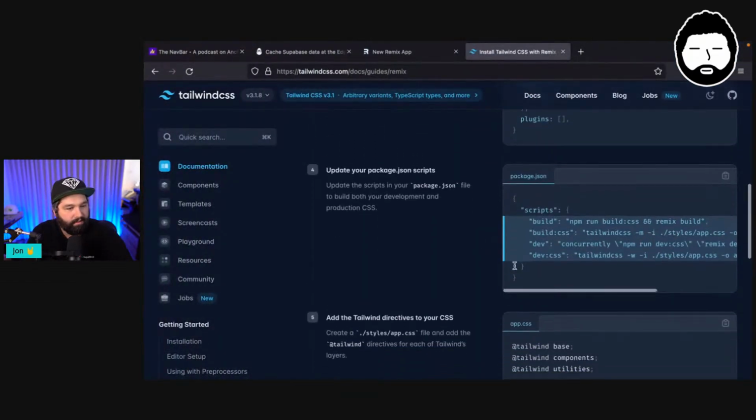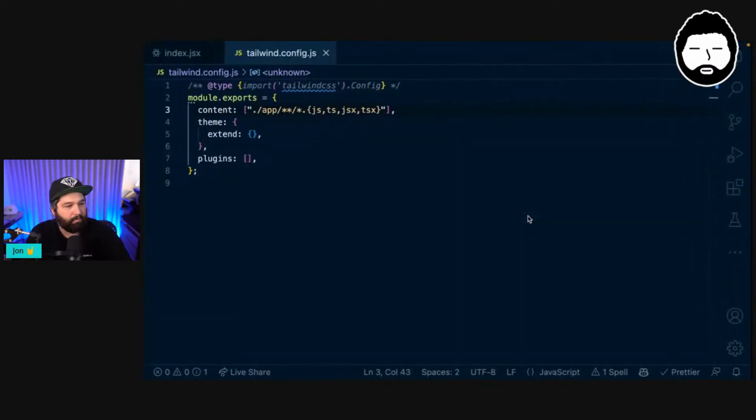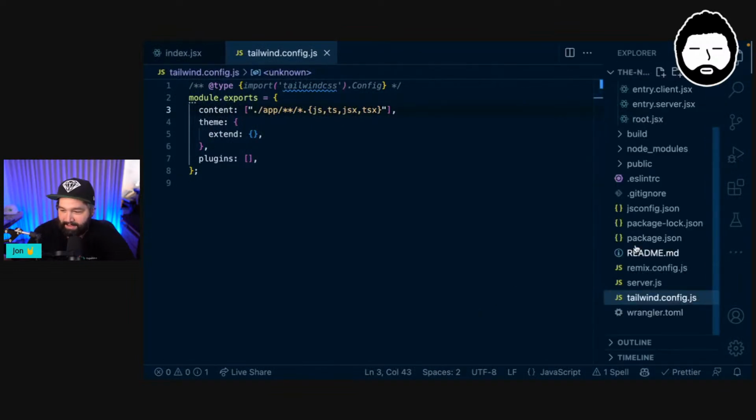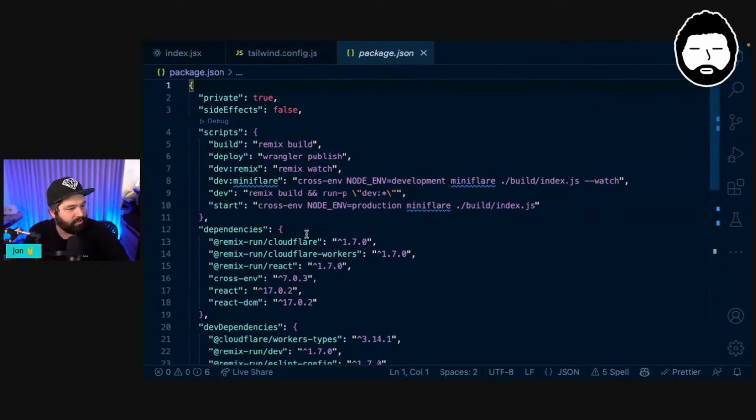And then we need to modify our scripts. Oh, I remember this being slightly complicated because we're using Miniflare. So maybe Tyler can help me out if I get stuck, because he was here last time we worked through this. But in our package.json file, if we have a look at our scripts currently,